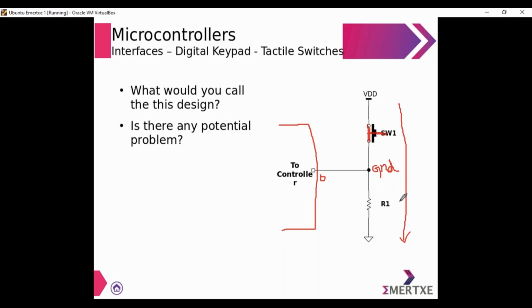So whenever the switch is closed, what is happening? So current from the VDD, whenever it is correct,